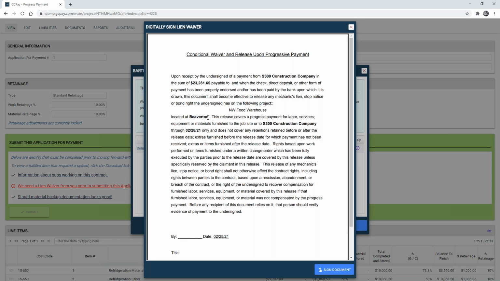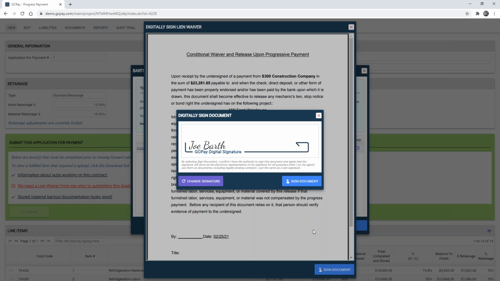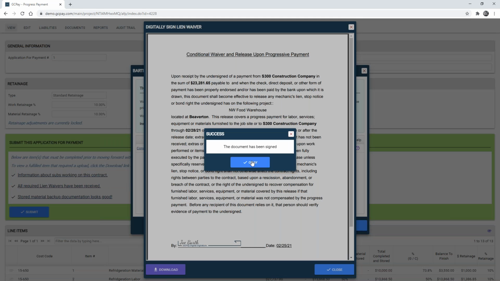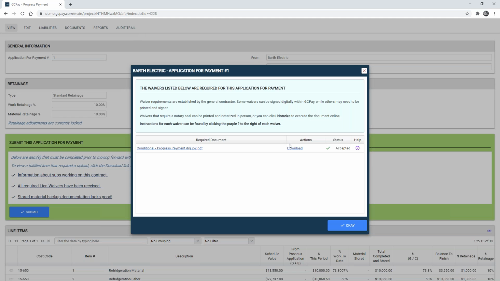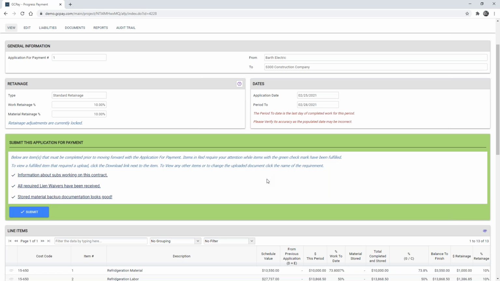Now, this is an example waiver, but we would actually use your company waivers that your subcontractors would be signing. I will adopt a digital signature and sign the document today. And at this point in time, I have completed my waiver and uploaded all required documentation for this pay application.